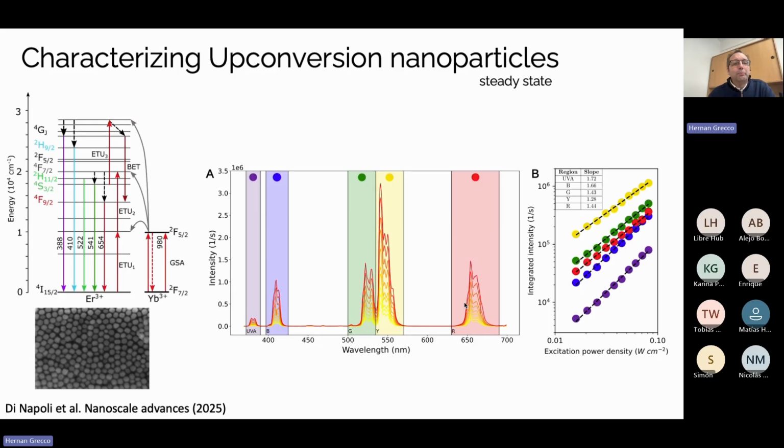And not only were we able to redo measurements that were done before, but we also gave this device new tools. For example, we generated a way of characterizing upconversion nanoparticles, which are nanoparticles built, for example, from erbium and ytterbium. You excite with infrared light, and they emit visible light. That type of measurement was not possible in the original instrument, but because we were able to change the original instrument, we were able to add more capabilities.